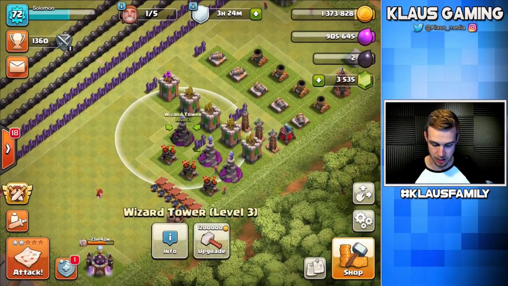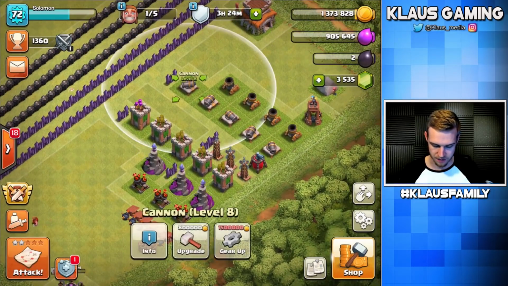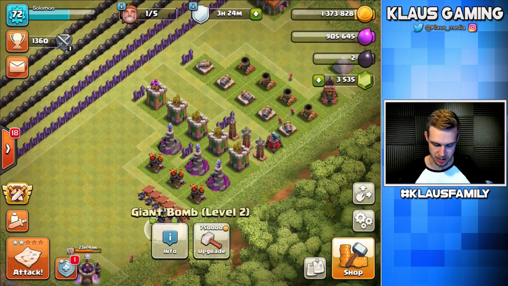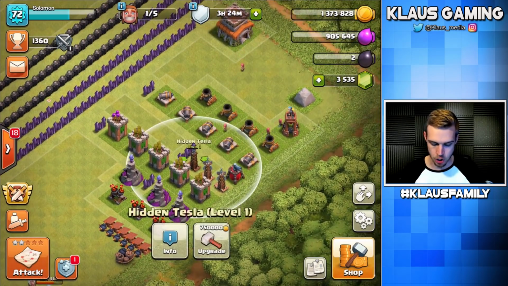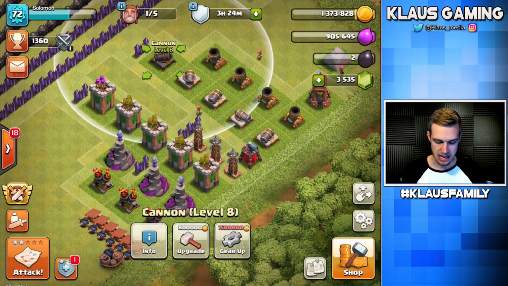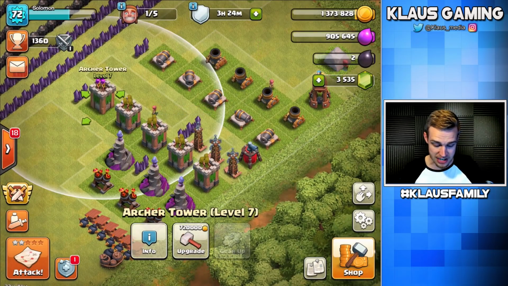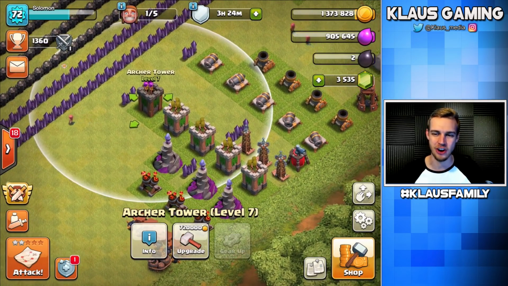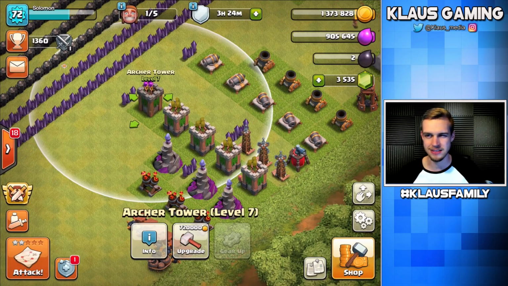And actually, I think I had a 720,000 available. No, 800. Oh, that's 750, the hidden Tesla. Yeah, so the giant bomb was 750. That new Tesla's still 750. None of... Oh, that Archer Tower 720. Okay, cool. So finally, we've been working on these slowly. But finally, we get this Archer Tower caught up with the rest of the Archer Towers at 720, which means...